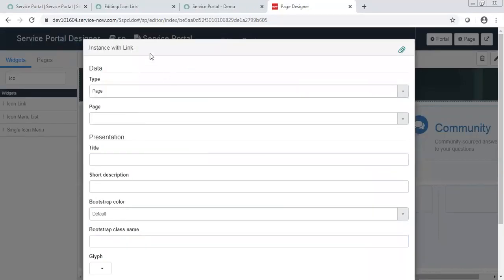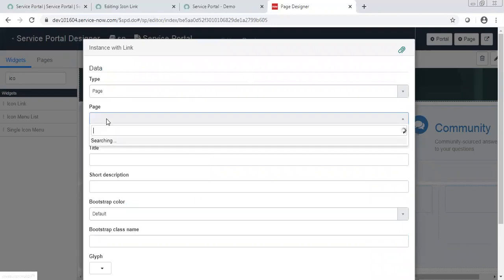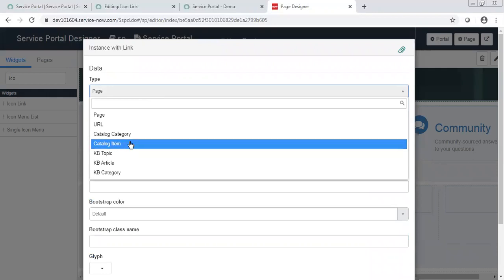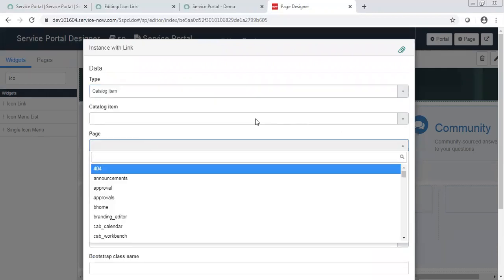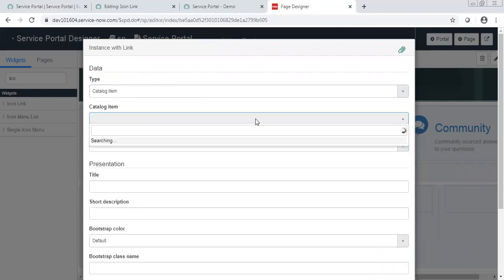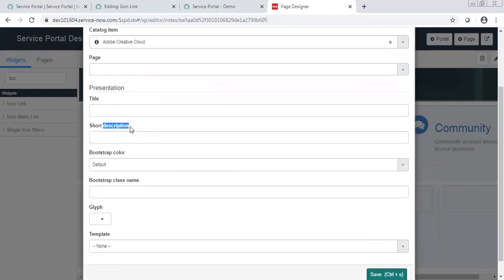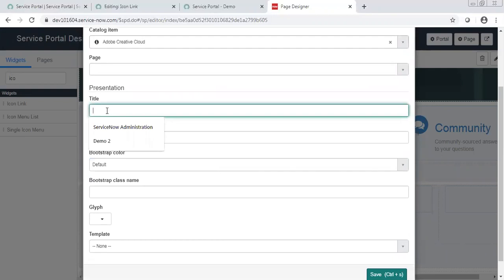So basically, this widget you are not defining. What you are seeing as a page, you just fill in certain details. It's a widget which was already defined, and it's reusable. You fill in certain information, and you can reuse it wherever you want to put links on your page.